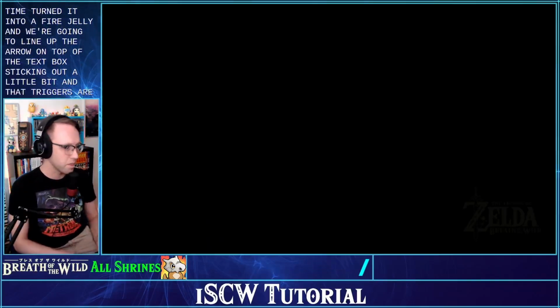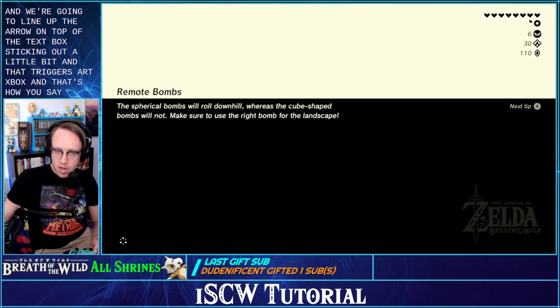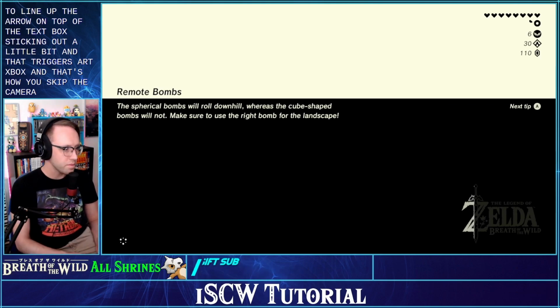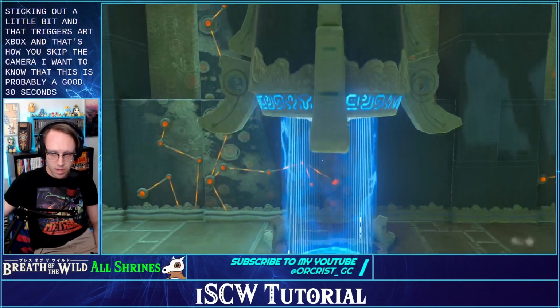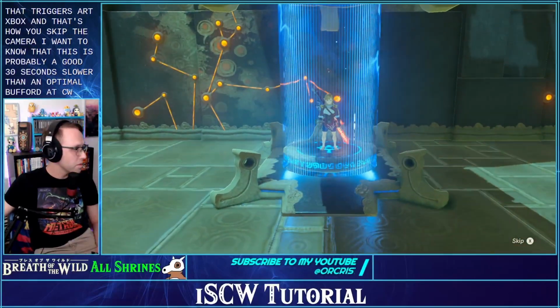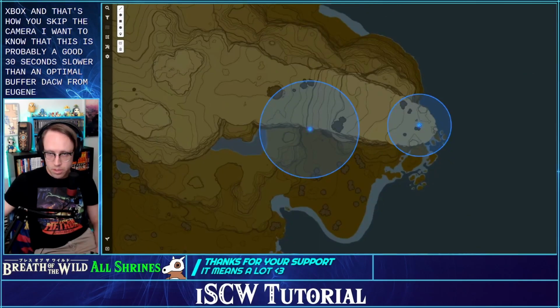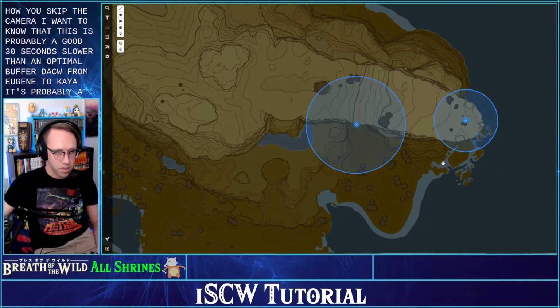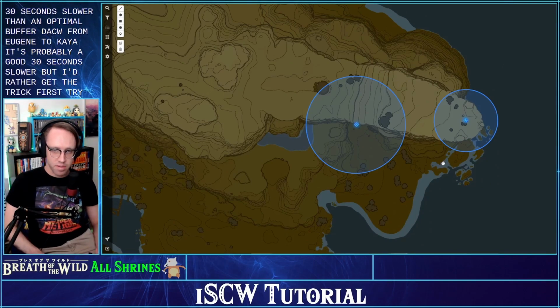And that triggers our text box. And that's how you skip the camera. I want to note that this is probably a good 30 seconds slower than an optimal buffered SCW from Muojim to Kayra. It's probably a good 30 seconds slower, but I'd rather get the trick first try and